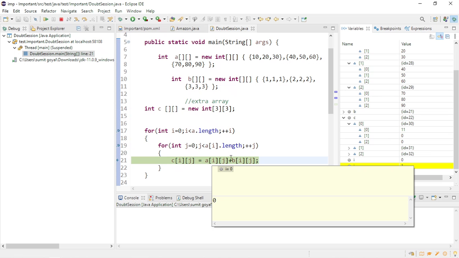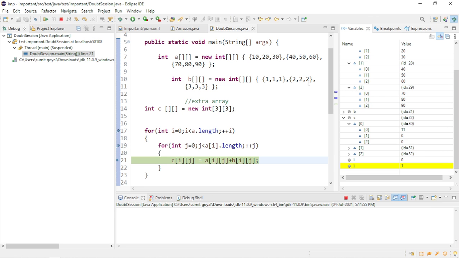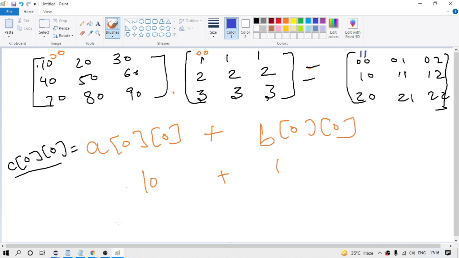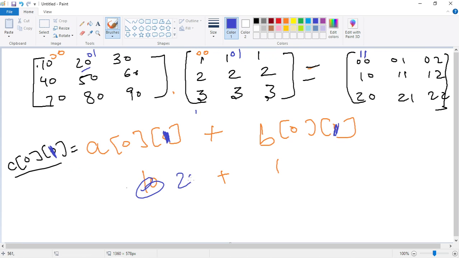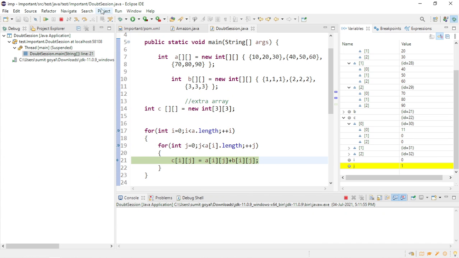So it is 0. It is also 0, 0. So now we are targeting the second element. So instead of 0, 0, now it is 0, 1. It is 0, 1. And here it is as well 0 and 1. So this is nothing but our 0, 1. So if you take this number 20, this time it is 20 plus 1. So it is nothing but 21. So 21 will go here, which means it will be present in the last array which we have created. So if I invoke this, if you see this, 21 came at 0, 1.